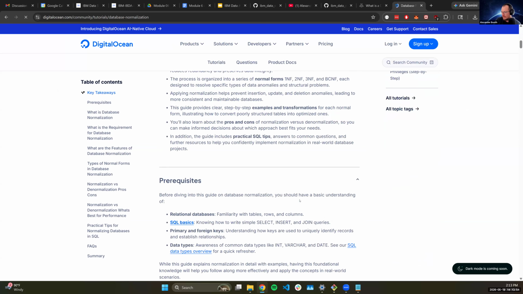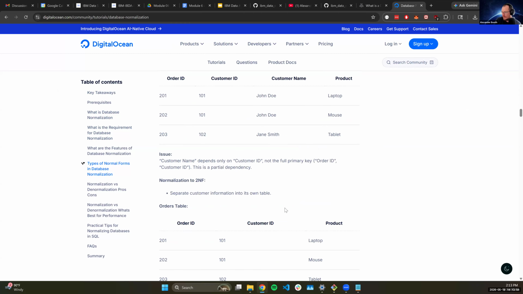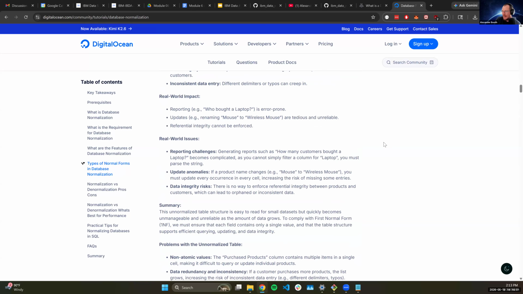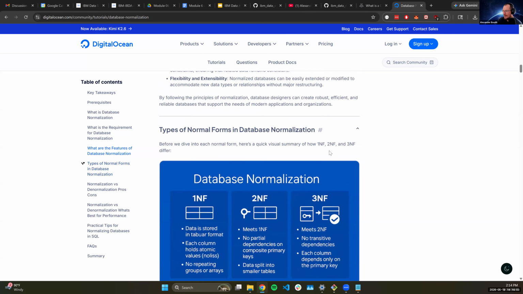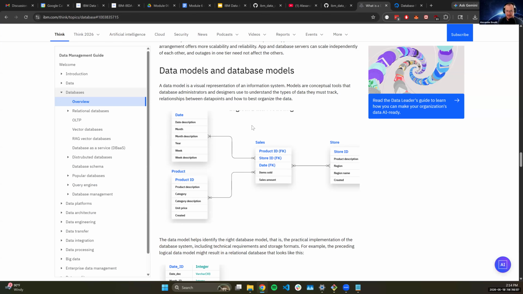I think this is the one I was looking at from DigitalOcean. Yeah, that's what I was looking at. So with database normalization, this is basically how database diagrams are typically formed. With a database, we typically want to define relationships to remove redundancy and optimize for data memory, right? And database memory, especially when these are only running on a single computer. We need to make sure that we're maximizing the data storage as much as we can.